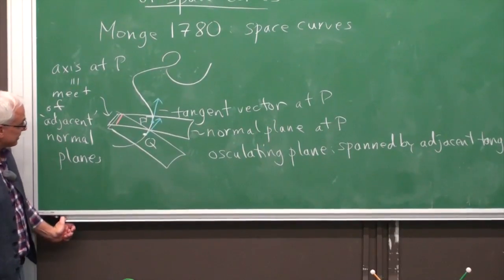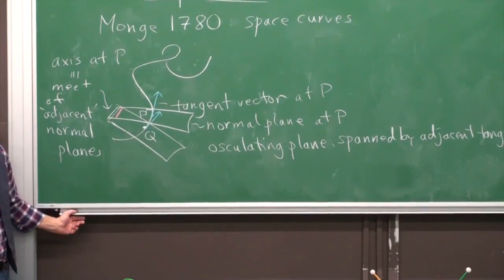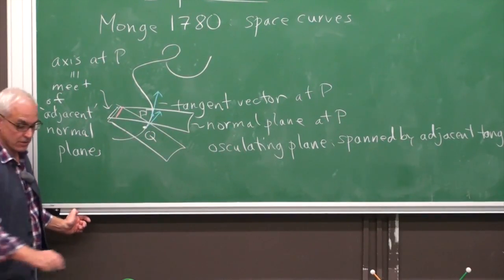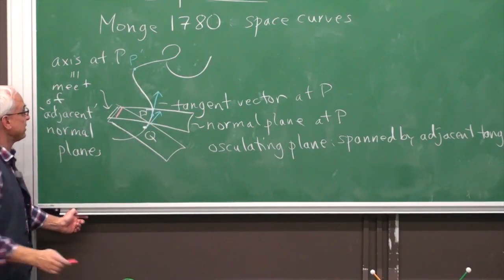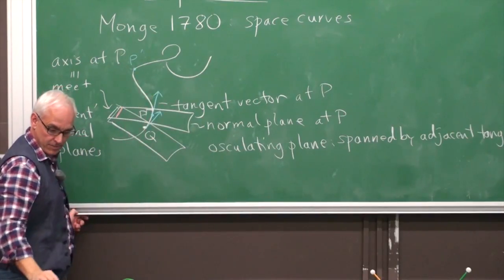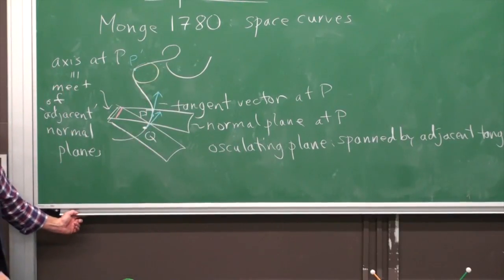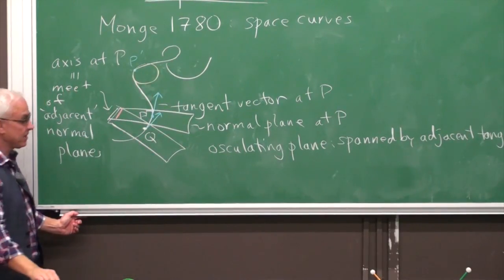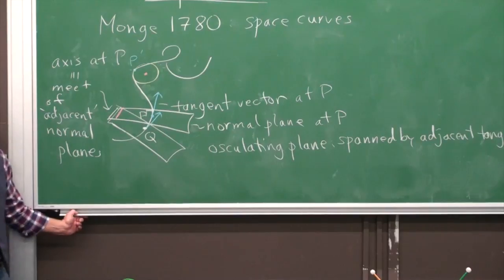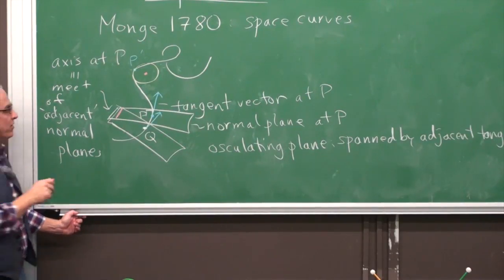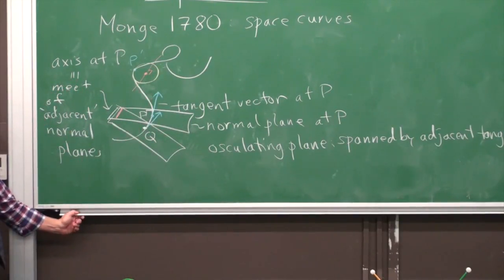All right, on this axis, this interesting axis, that's associated to the point P. So for every point P, there is a different axis. Okay, so if we choose a different point over here somewhere, P prime, then its axis will be another one. Another way of thinking what it turns out to be is if you think of a circle that's approximating the curve near there, then it's really the axis of that circle. It's a line going through the center in a perpendicular direction to the plane of that circle.